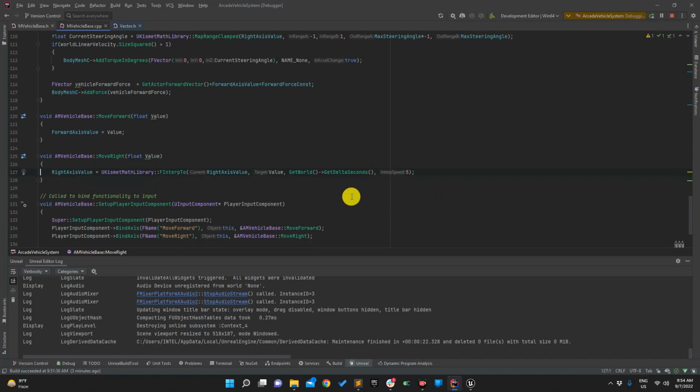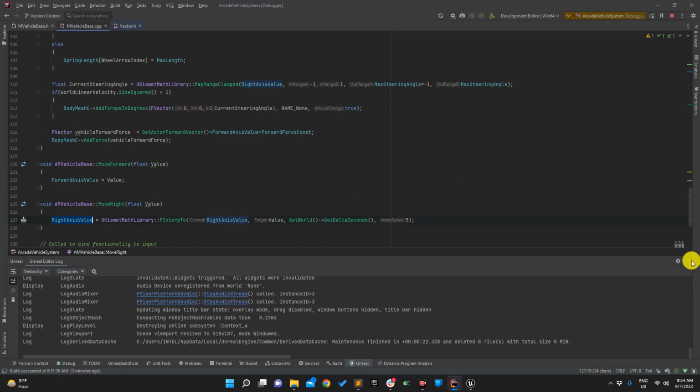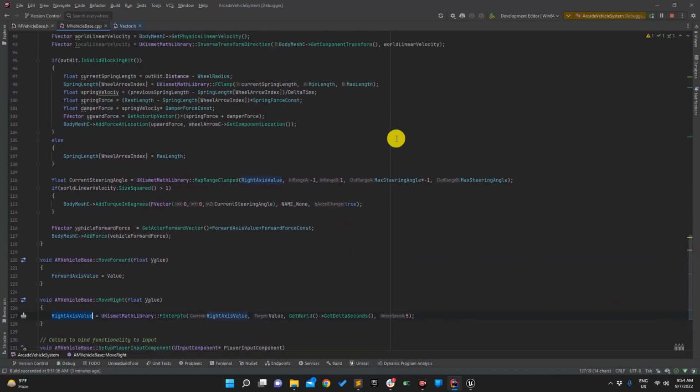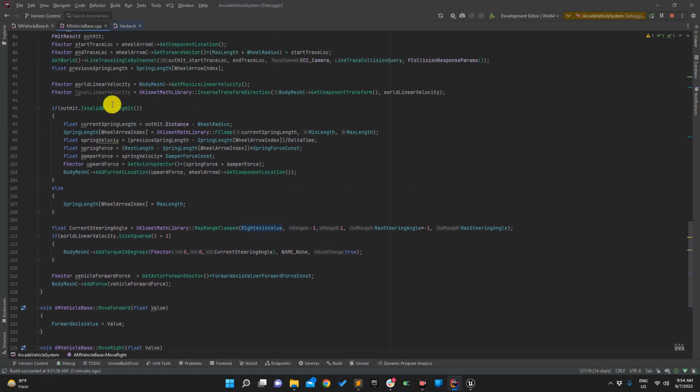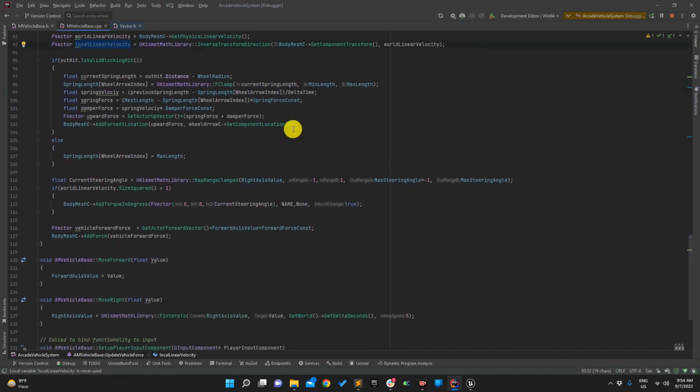Okay, so let's imagine my current axis value was 0 and suddenly I press the A button. In the previous implementation, it would directly change from 0 to -1, which would be a little jerky, correct? So what we are doing here, it will take some time, like a real vehicle. So first thing is this, and another thing is we will add some friction when we are moving left and right, correct? So just to have those calculations, we have already calculated the local linear velocity, right? So what we will actually do,